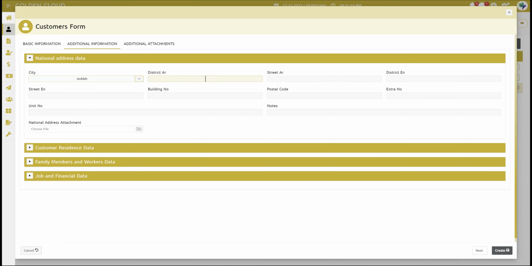And then here we have the district in Arabic. Let's go for Al-Hamra. And here the street in Arabic, Al-Dahab. Here the district in English is Al-Hamra. And here the street in English is Dahab. Afterwards, here we have the building number, for example, 13, the postal code, and here extra numbers,